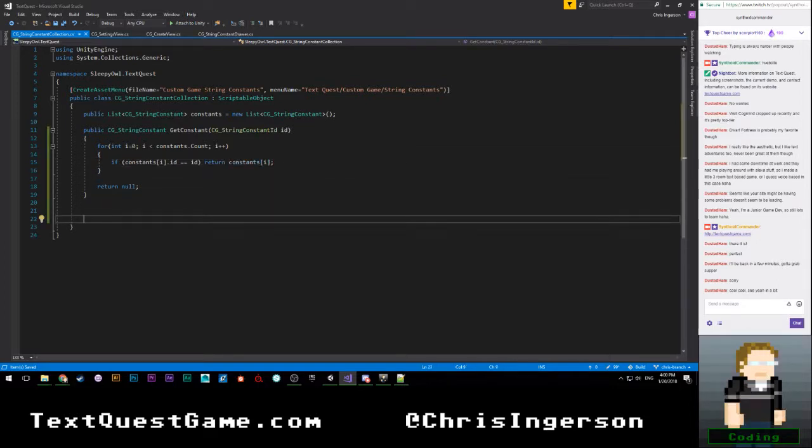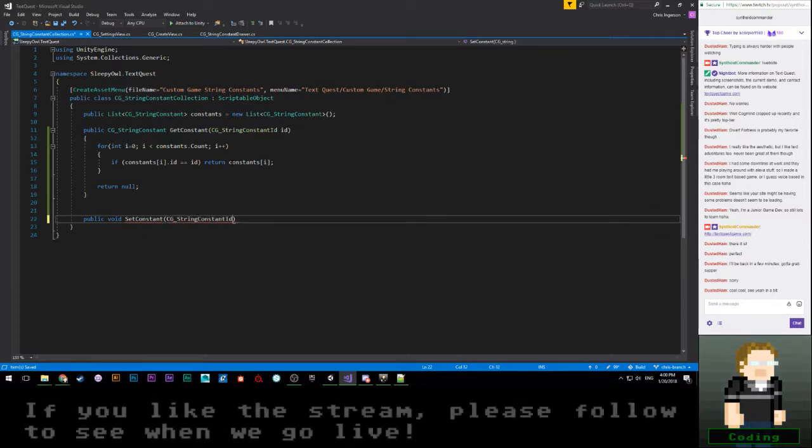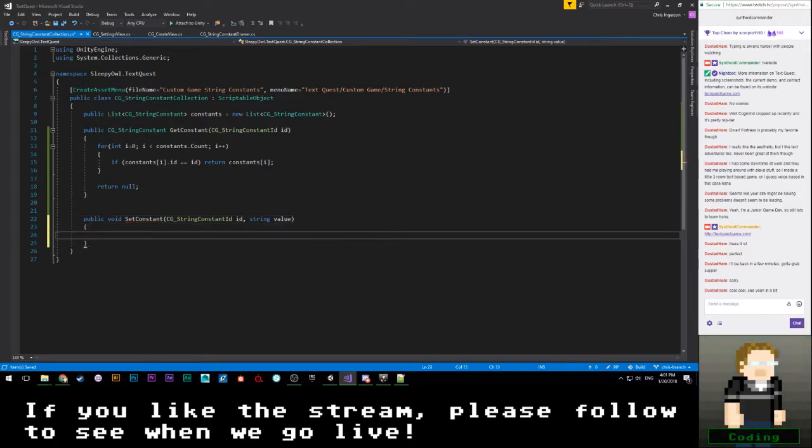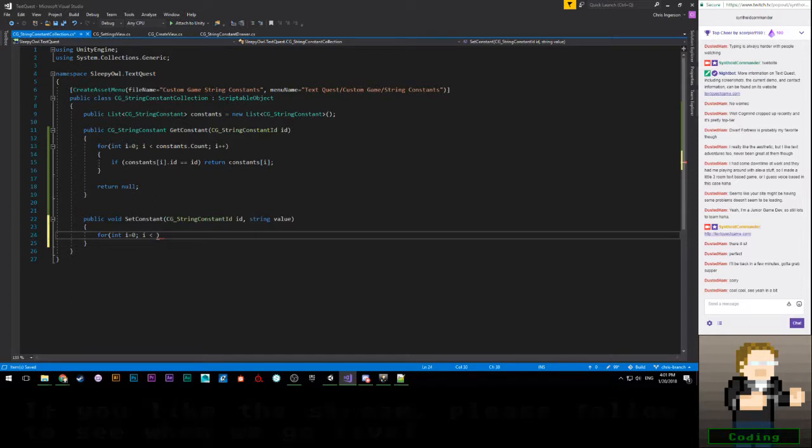So on top of that, we're going to want to have a public void set constant. That's going to take another CG_ string constant ID followed by a string for a value. And we're just going to go ahead and say for int i equals 0, i is less than.